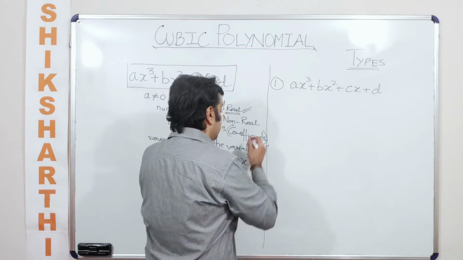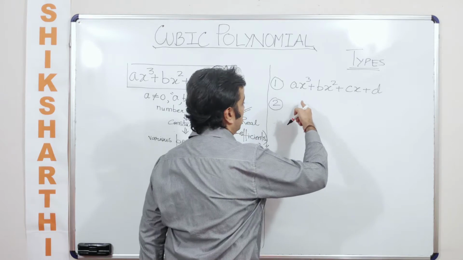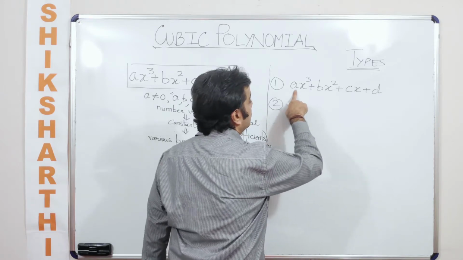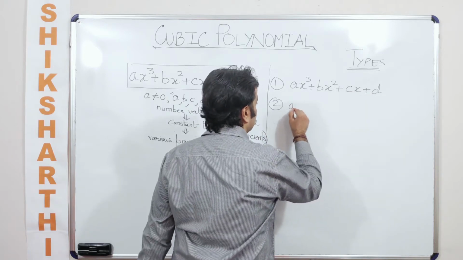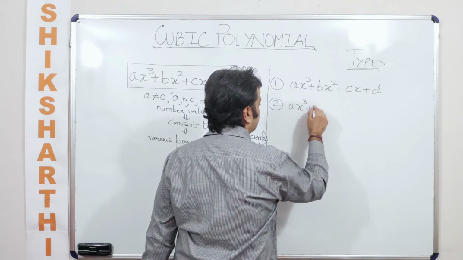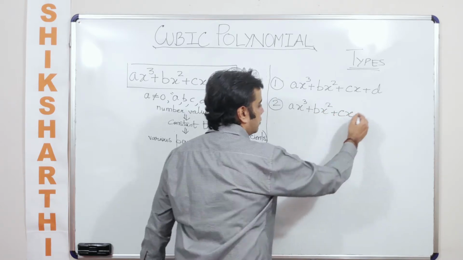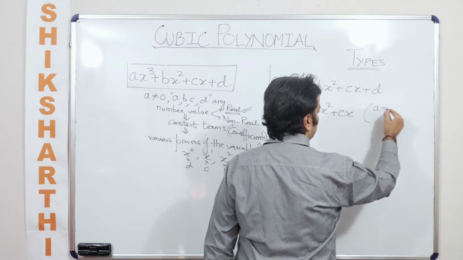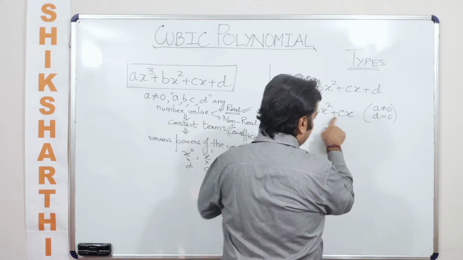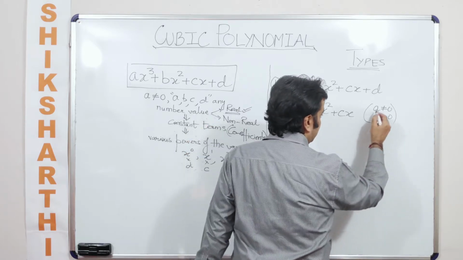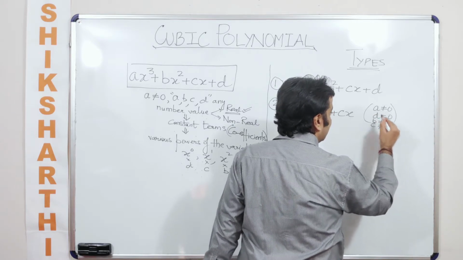Okay, so now the second one that I can form from here is, keep on eliminating this. So along with a not being equal to 0, that is always sure. So can I say if d is put to 0, in that case I'll get what? Ax cube plus bx square plus cx. Now in this case we know that a is non-zero, d becomes equal to 0, and the remaining we are taking as non-zeros. So let's say a is also non-zero, b is also non-zero, and c is also a non-zero real number value.